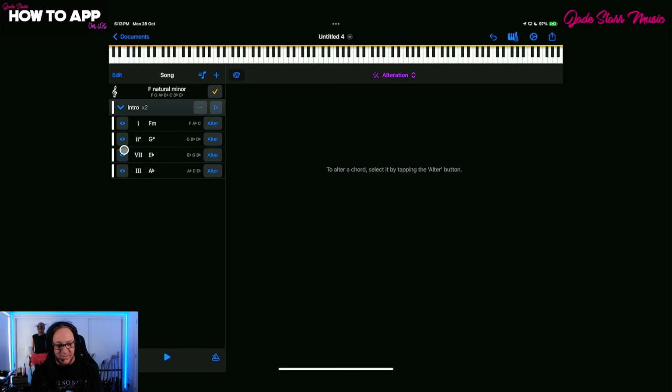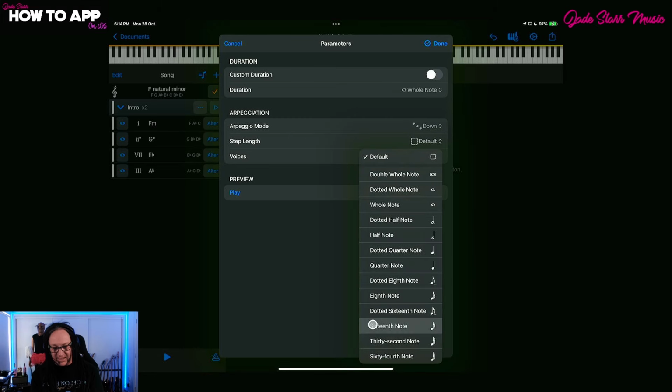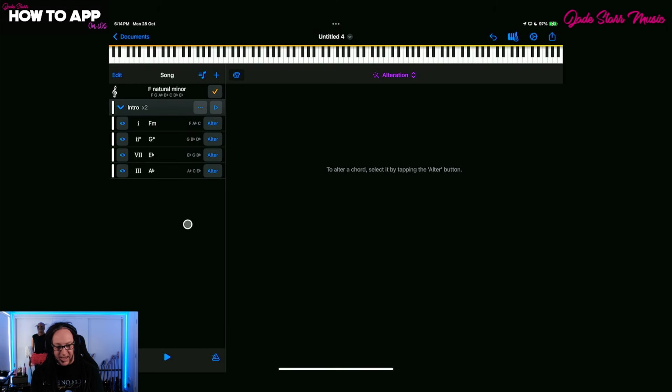And let's add some arpeggiation to this as well. So we're going to come in here, arpeggiator, and we're going to go down with this one. And we'll make this a 16th this time. Hit done. And now when we hit play,